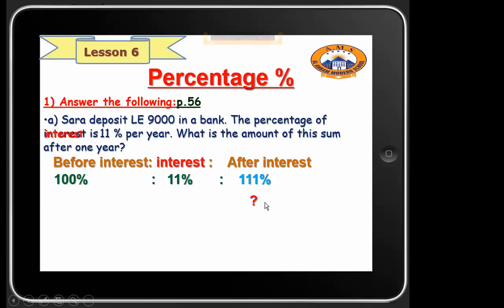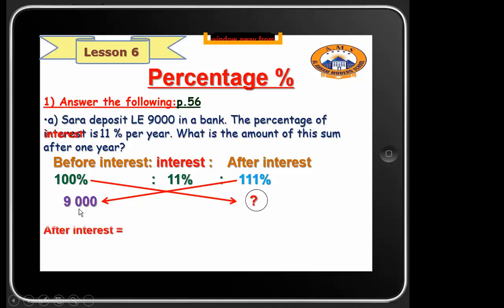Now what shall I do? Put the number before the interest. It was 9,000. Now what shall I do? Cross multiplication. So I'm going to multiply 111 times 9,000 over 100. So the number after interest is going to be 111 times 9,000 over 100. That will give you